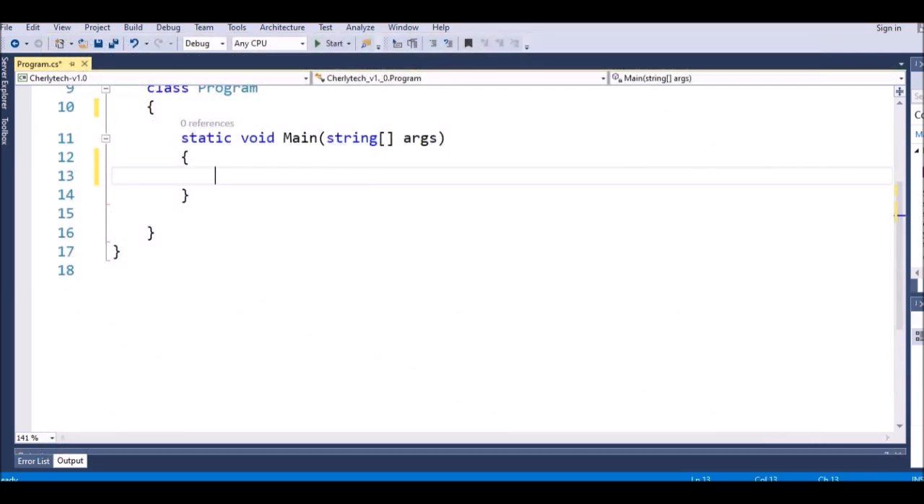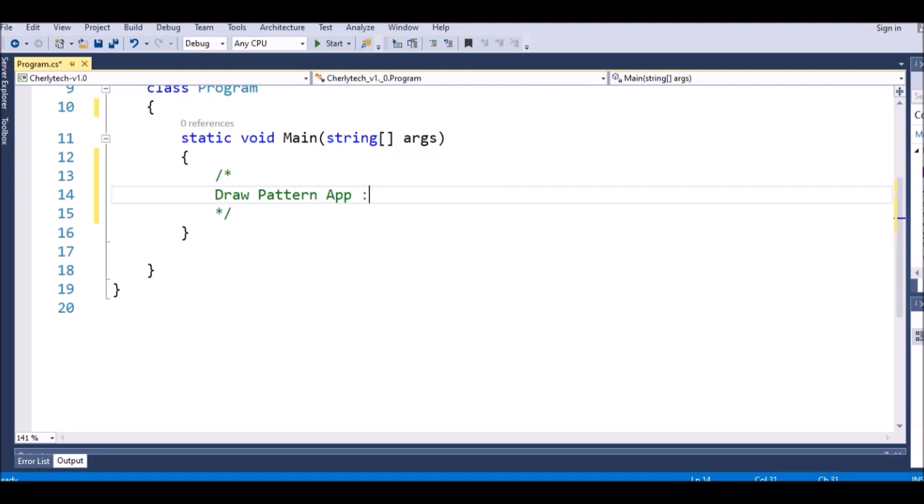Hello guys, today we are going to create the draw pattern app in C# programming for the console application. So to do that, first we are going to write down some variables that we use in the command. The first that we will create, the name is called draw pattern app, like this. The pattern that we are going to create is about the triangle, the shape of a triangle,